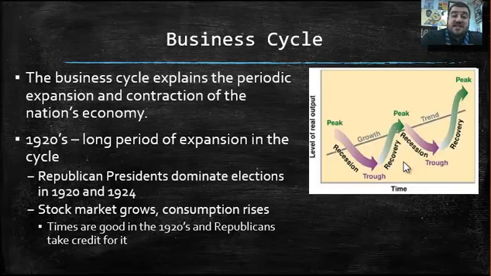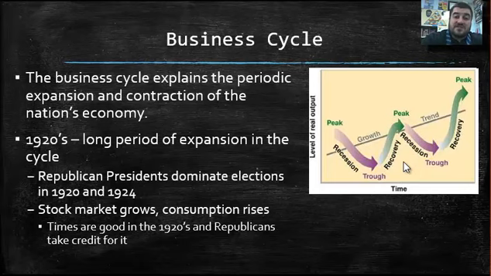So this little picture is the business cycle. And the business cycle is what explains the periodic expansion and contraction of the nation's economy. So the growth trend over time is growing upward, but it's actually a succession of peaks and valleys, or peaks and troughs. A recession is when you are going down and firing people. And then a recovery up to the peak is when you are expanding and hiring people at your factory and people are spending more in the economy.